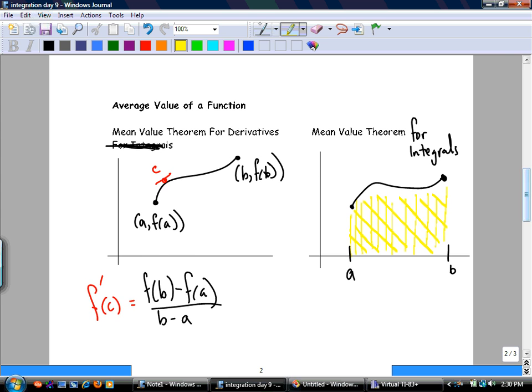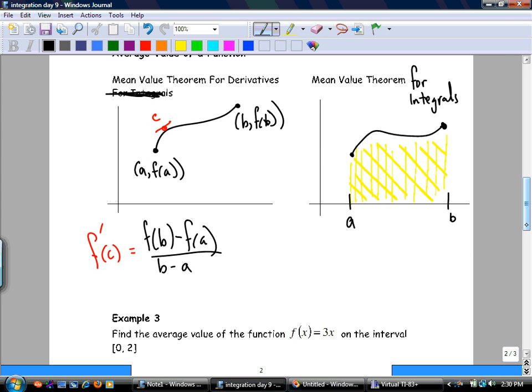And then I'm going to pause and ask you to think about something. If I had 20 kids in the class and I wanted to know the average mark, what would I do? Okay. Would you? Okay, good. Add them all up and divide by the number. So what you need to do is visualize. Do you think there's some sort of average thickness to this integral? Average thickness to this area? So the area from A to B is